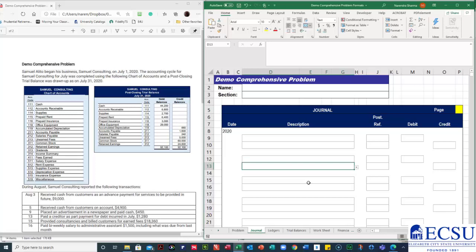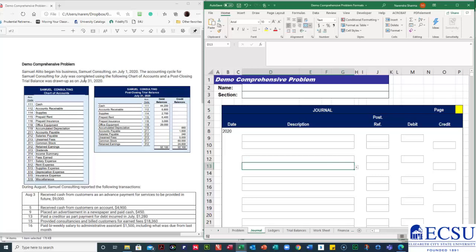So in the first part, I'm going to start with the journals, and then we move on to the ledgers, and then prepare an unadjusted trial balance, and then put the information in a worksheet. That is going to be the first part that I'm going to do. All right, so as you can see,